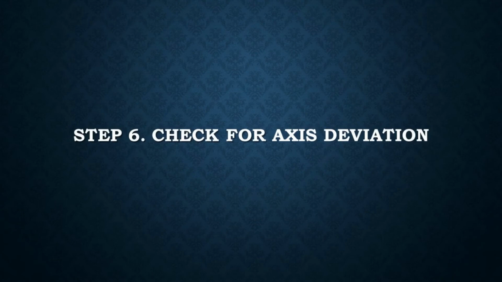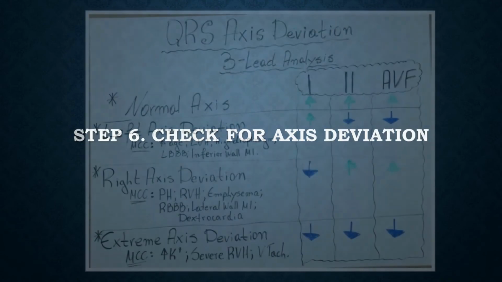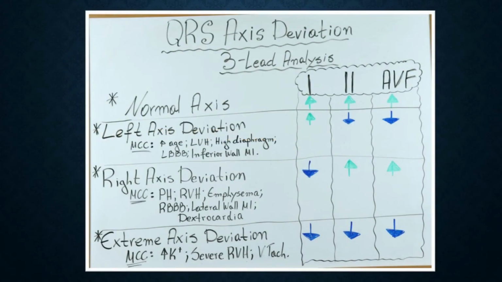Step 6. Check for axis deviation. The axis deviation helps us determine if there is ventricular hypertrophy or not. The most efficient way to estimate the axis is the 3-lead analysis, using leads 1, 2 and AVF. As you can see from the table I have drawn here, the normal axis has upright or positive QRS complexes in all 3 leads. Left axis presents with QRS complexes positive in lead 1 but negative in lead 2 and